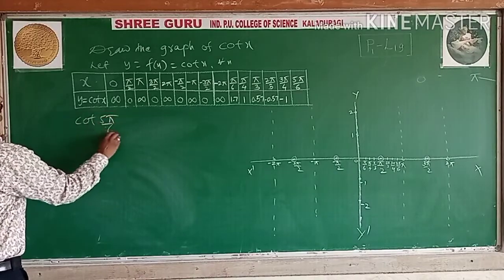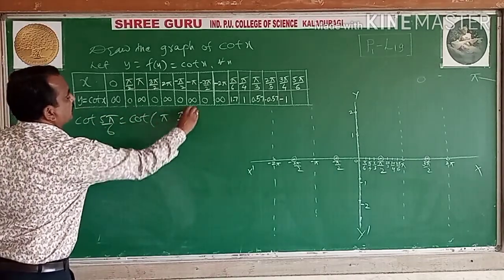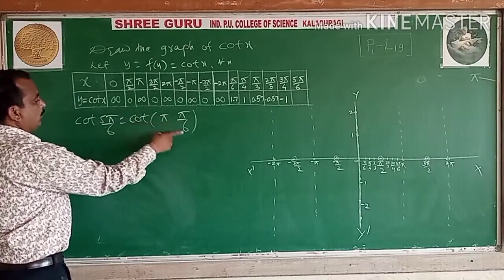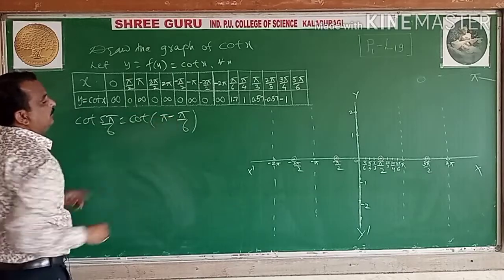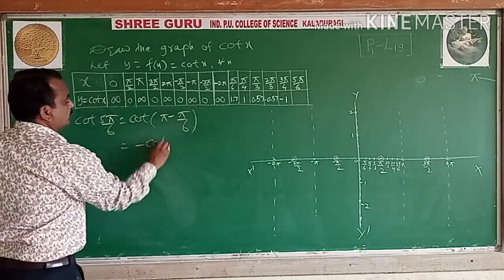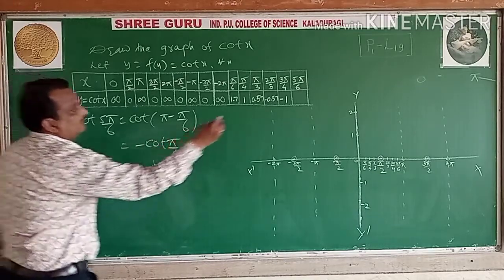Cot of 5 pi by 6. See, pi and pi by 6. Pi by 6 it is, then either plus or minus, 1 by 1, or 2. It is only 1. 5 pi by 6 becomes 6 pi minus pi, 5 pi by 6. Second quadrant, this is also negative. Pi by 6, cot 30 degrees, it is root 3. So minus of